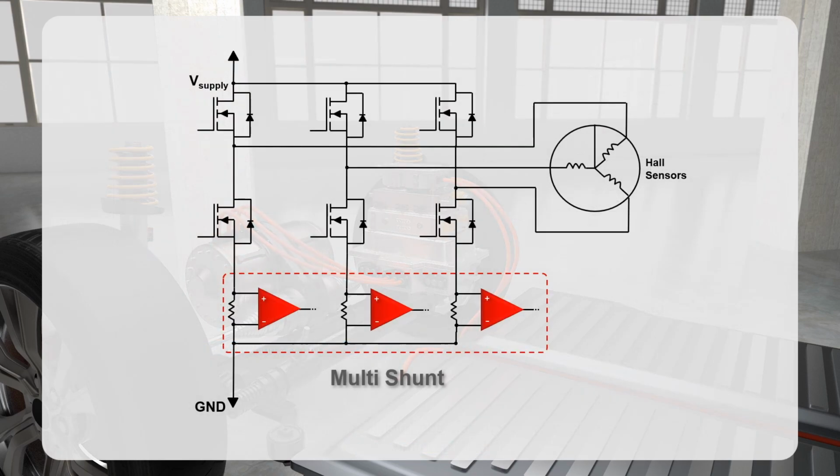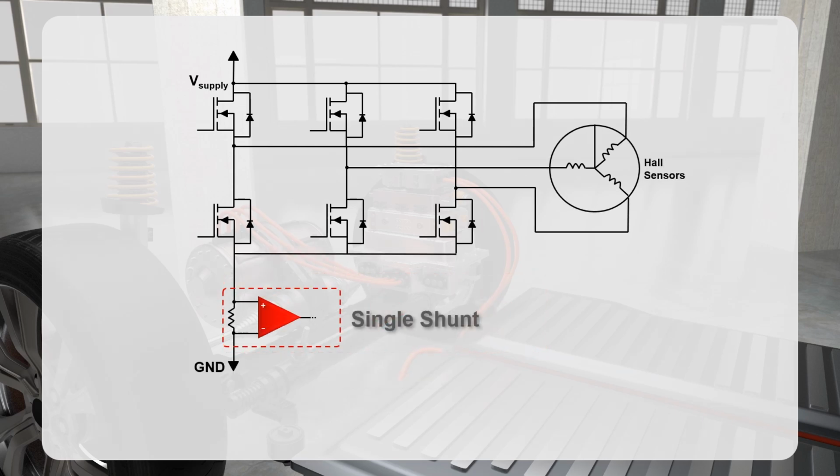Current monitoring circuits like this are used in motor control applications. 3 separate current monitoring circuits can be used on the low side of an inverter to measure the current of each leg. This architecture provides the fastest response time and detailed current draw information. Another method is to use a single shunt to measure the overall current of the motor. This technique can save size and material cost. However, response time is slower and information on the current draw of each leg cannot be measured.